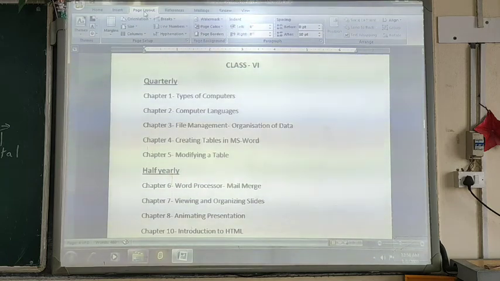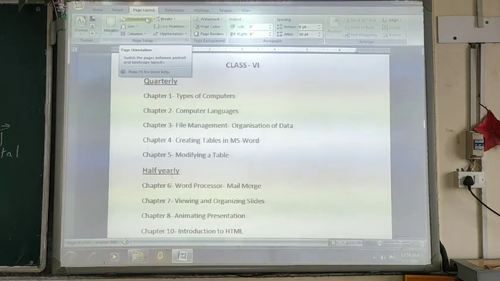Once you click on the page layout tab, within the page setup group you will get the option orientation.